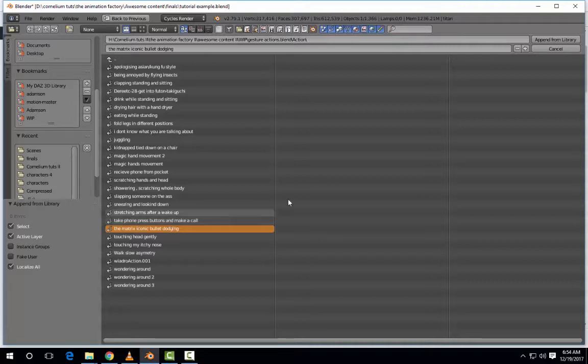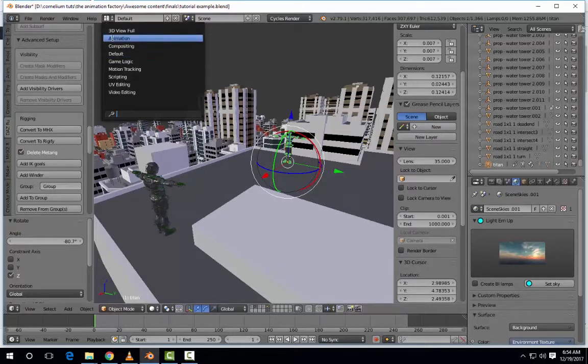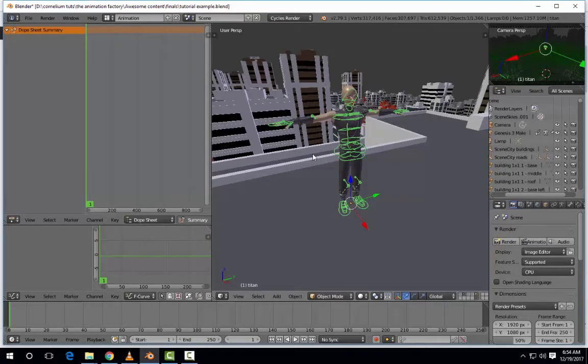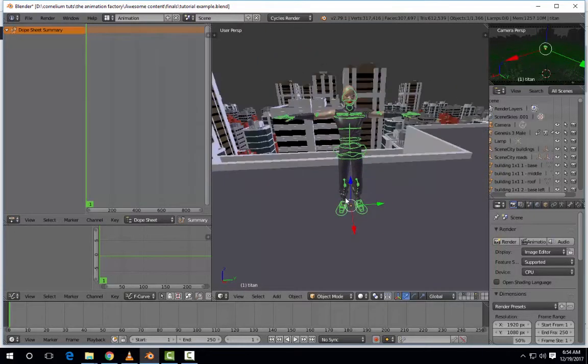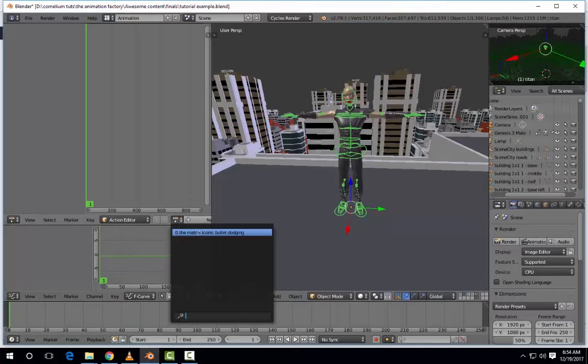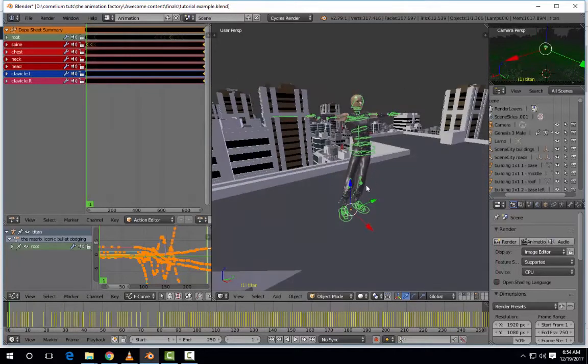Yeah, I'm going to select that, and I'm going to append. Once I append, I select this bastard over here, the one I want to do the action. I'll come here to the animation panel. I'll press delete on my keyboard so that I go straight to that character. So here I am. I'll come here to the action editor and I will select that action. Yeah, as you can see, the action